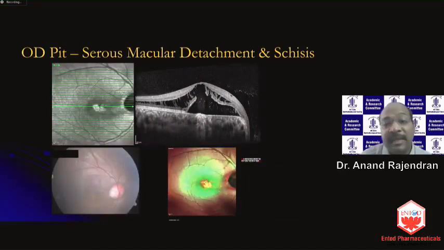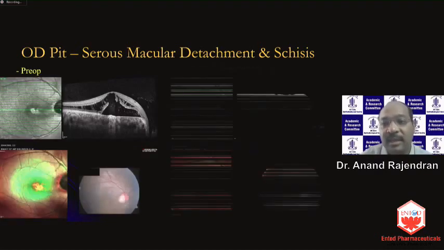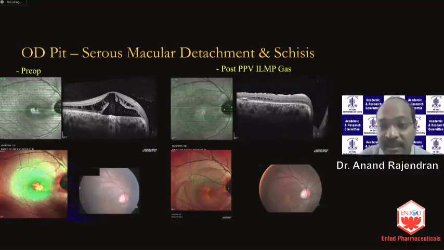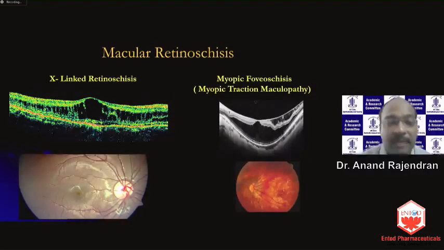This kind of macular elevation tailing to the optic disc can also be seen in another rarer pathology, which is serous macular detachment and schisis secondary to optic disc pits. So when you see this kind of a schitic macular edema, very often with degeneration under the fovea, and this schisis is actually tailing into optic disc tissue, look more closely at the optic disc and you may very often find an optic disc pit. So this is a very classical picture. This is where you need to refer it again to a retinal surgeon. And what we would do is vitrectomy and ILM peeling and gas instillation, and very often you get a very gratifying result like this.